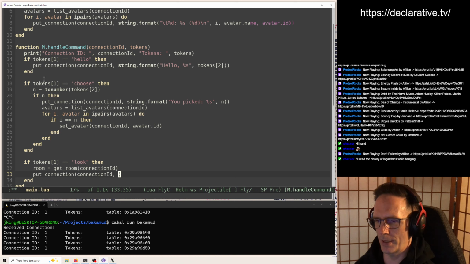Now this is where we want another function, I would say. I want to be able to have templates, so some kind of format function we'd provide with the room template.